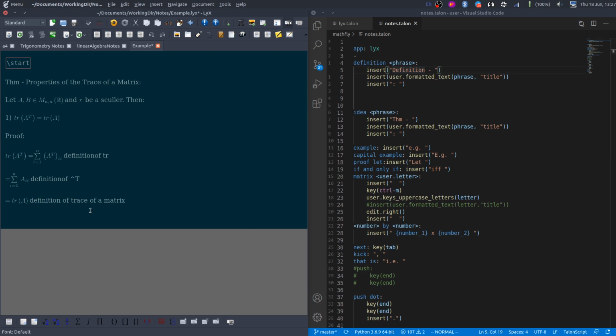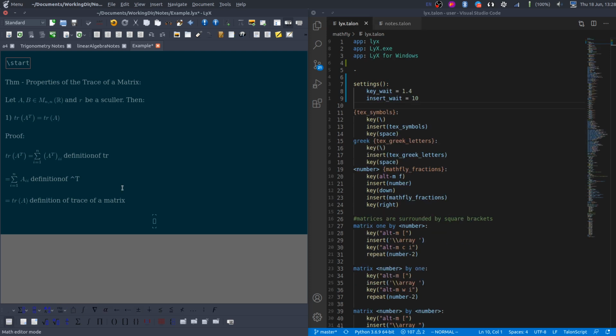So just really quickly, Talon wake, display mode, matrix 2 by 2, 1 tab, 2 tab, 3 tab, 4 tab, go right, operation, switch 1 by 2, matrix 2 by 2, 3 tab, 4 tab, 1 tab, 2 tab, 3 tab, 4 tab, 1 tab, 2 tab. Talon sleep.